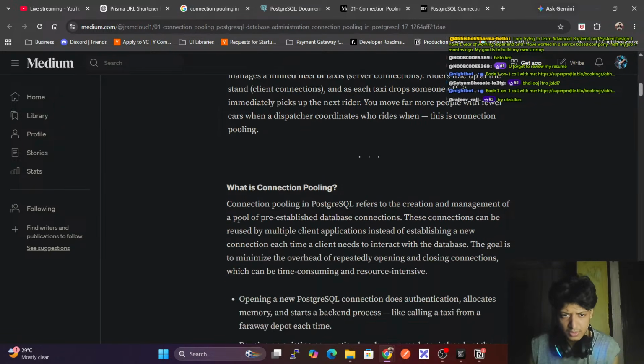Connection pooling in PostgreSQL refers to the creation and management of a pool of pre-established database connections. These connections can be used by multiple client applications, instead of establishing a new connection each time a client needs to interact with the database. The goal is to minimize the overhead of